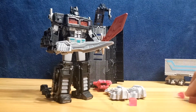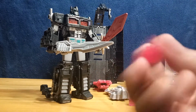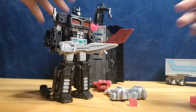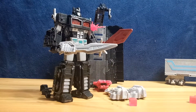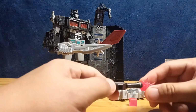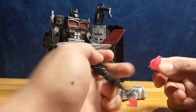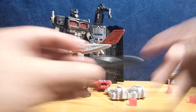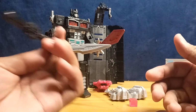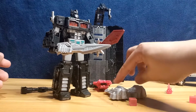And then he also comes with a battle damage effect. You could put it anywhere. You put it here, so like he got shot by someone, or you could put it on the tip of his weapon. No, you cannot put this on the tip of his weapon because it does not have that snout. Anyway, he also comes with the traditional Prime gun, so it comes with that. And then he also comes with,